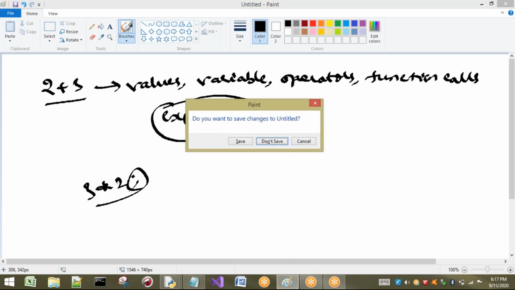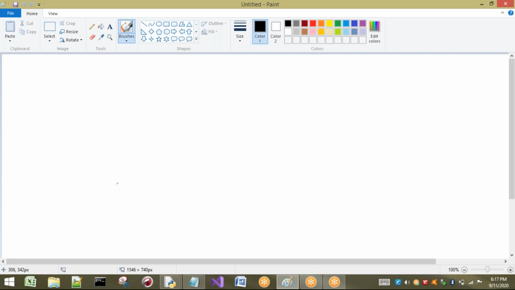Now I want to talk about operator precedences. What is meant by precedence, I will tell you with a small example. 2 plus 3 into 4, for example. What is the result of this operation? 2 plus 3 is 5, 5 into 4 is 20.